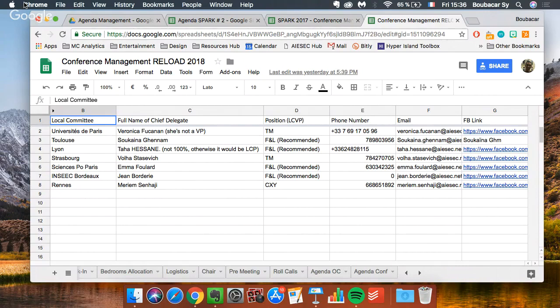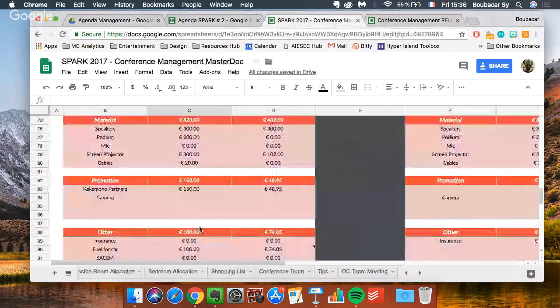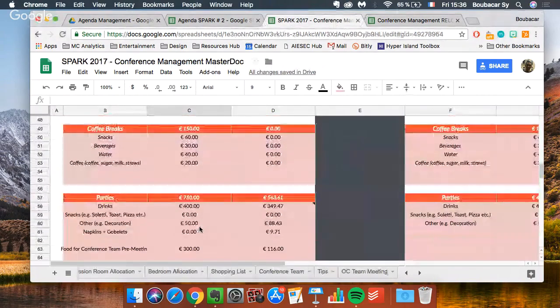But for example, according to one of the timelines you did before, the budget has to be approved and settled before the 31st. Okay, it's not this budget that has to be approved, it's the overall budget. We put 25,000, with 20,000 for the venue and 5,000 for all the extra materials. This is what we put as a budget based on the last budgets. But these details you cannot